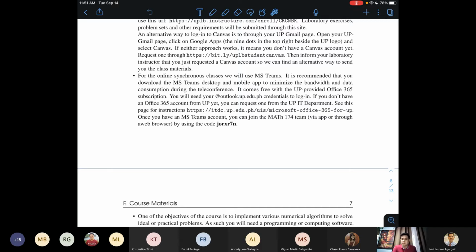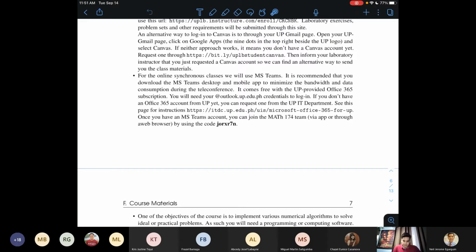So yeah, I think there are some of you who are not yet part of MS Teams. Kasi nasa lobby pa sila. I need to admit them into the room. And I think one disadvantage of not being a member of the team is hindi nyo makikita yung chat, right? So yeah, if you have the time later, probably you can set up your Teams account.